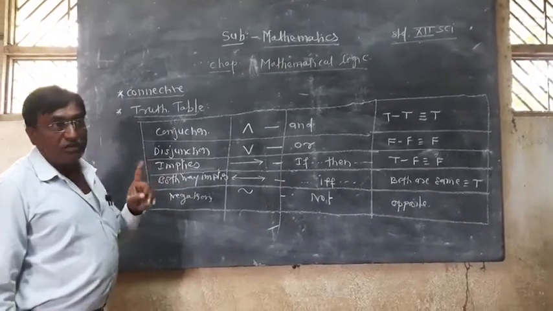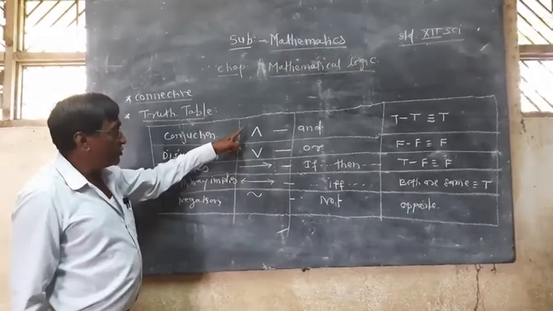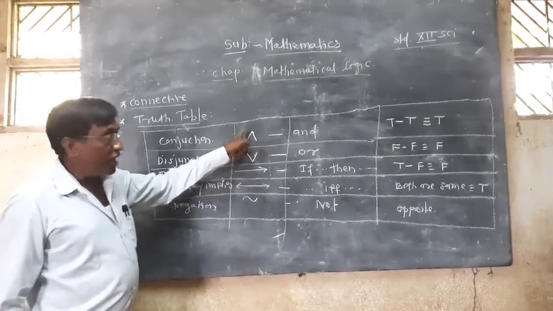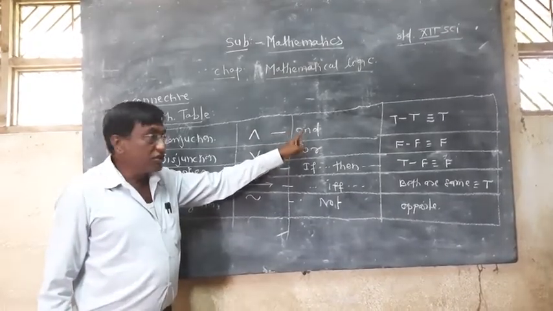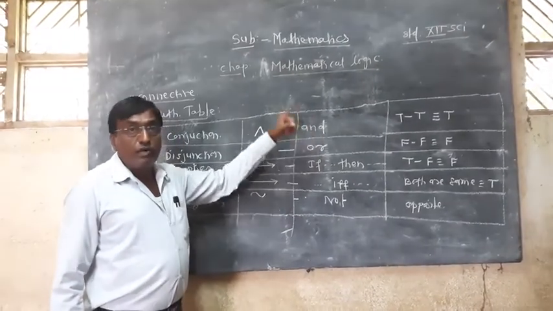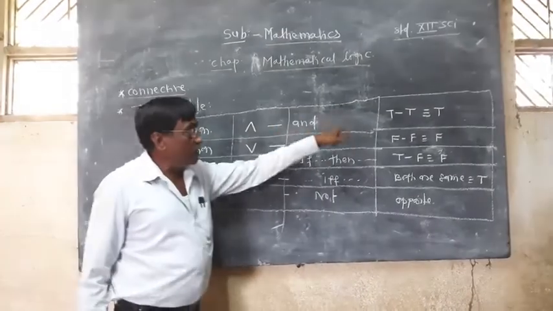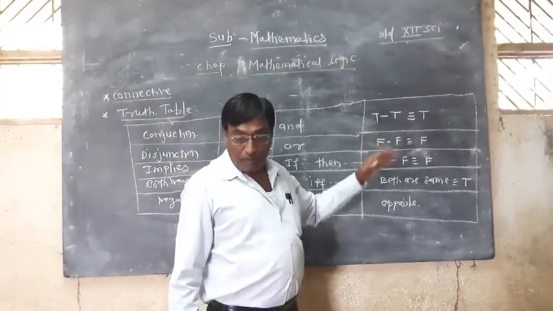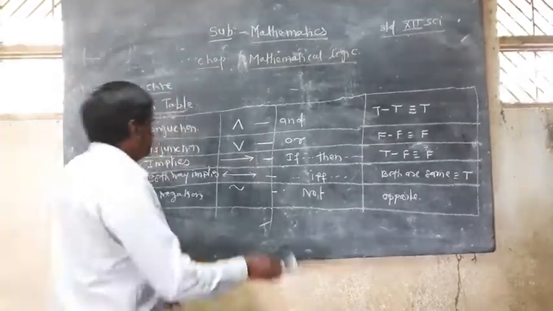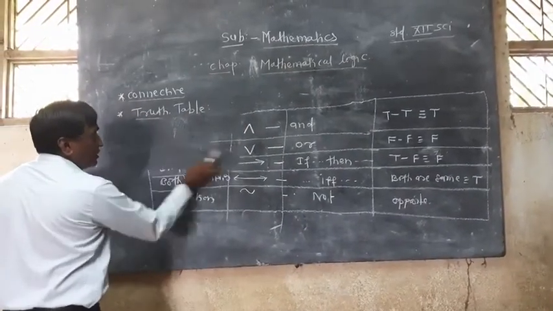Because there are different types of questions. Sometimes we have to give it in symbolic form and say write in verbal form. Otherwise, sometimes it is given in verbal form and you write in symbolic form. This is what you need the table for. Now after this we see the table, that is called the truth table.